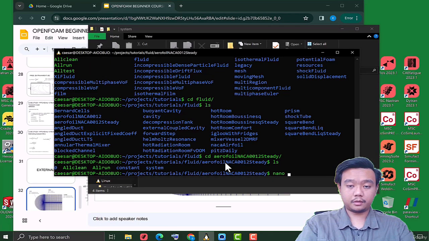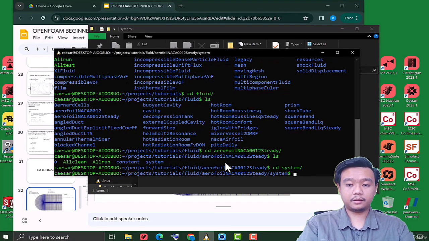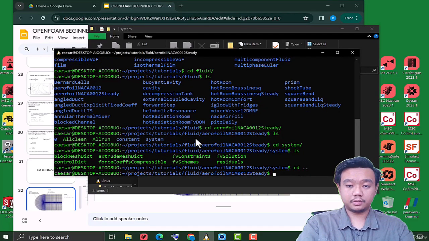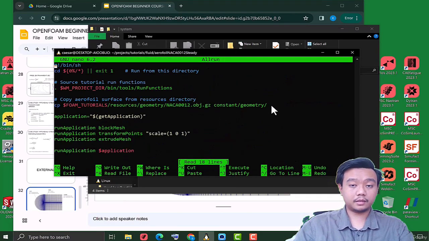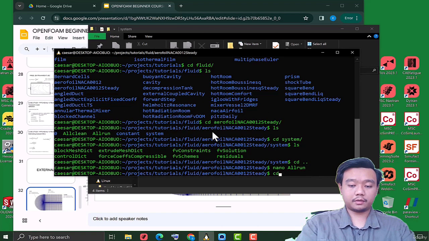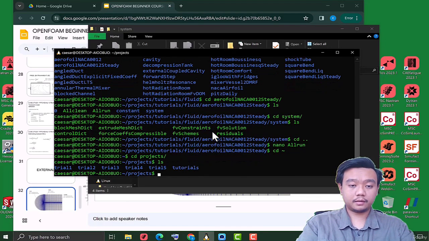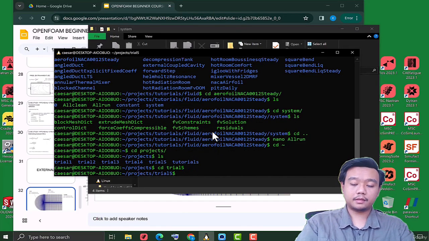the block mesh within the system folder. This one, I copy this, and also the geometry I get from the run folder. Within the run folder, you will have a script to copy and paste the geometry. But you don't have to do that because I already did that for you. So you can just download the file inside this course. Okay,